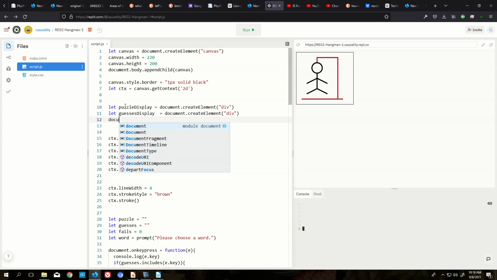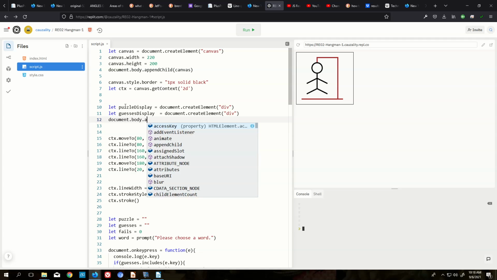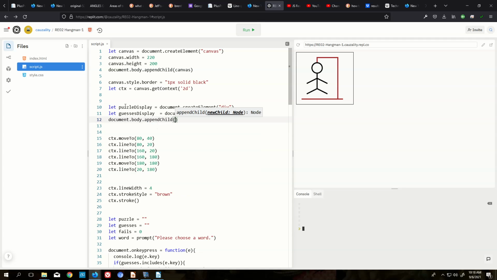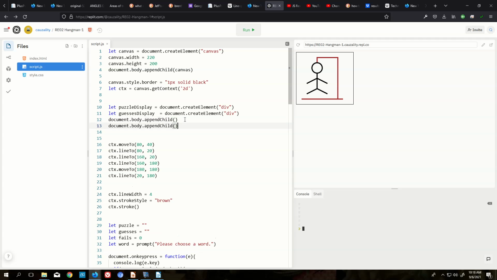So document.body.appendChild. I'm going to have two of these lines. In one of them I'm going to add the puzzleDisplay div, and on the other one I'm going to append the guessesDisplay. And now we can change these things using these names in code. Okay, so now I should have two new things. You probably won't see them right away, but